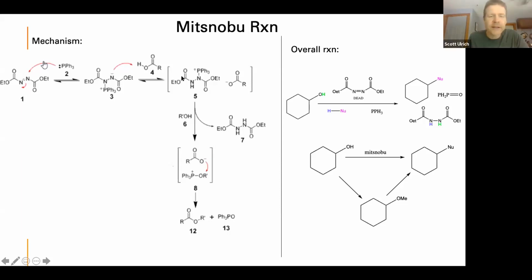So in that case, Lindsey, this is just an example where the carboxylic acid is the nucleophile, but it doesn't have to be a carboxylic acid. So the nucleophile is a carboxylic acid, it deprotonates the carboxylic acid, and you have this, which is just waste. The PPh3 pops off, I think, and then